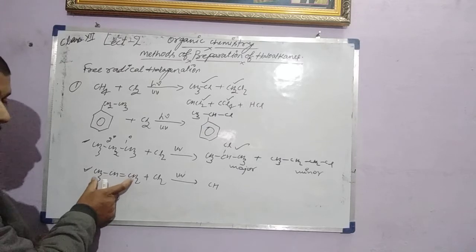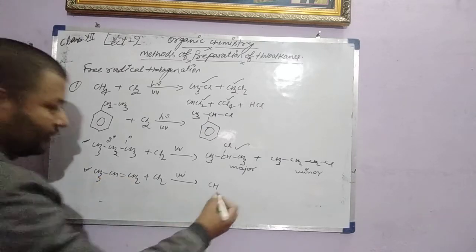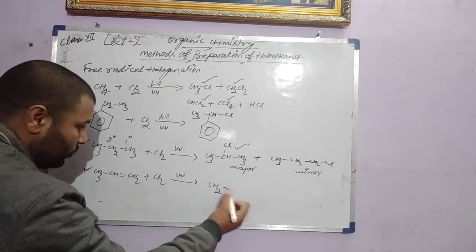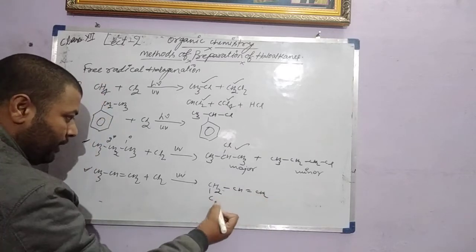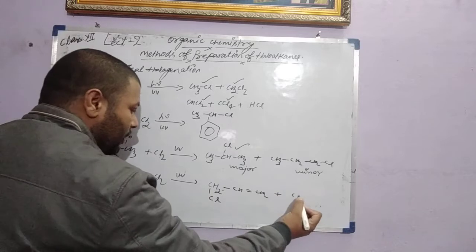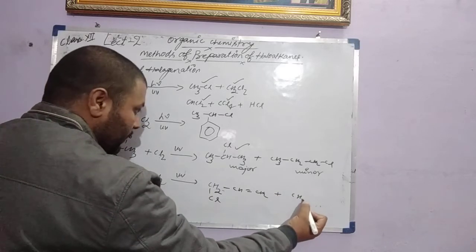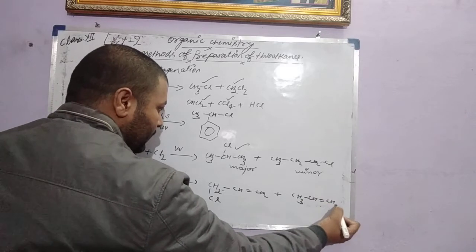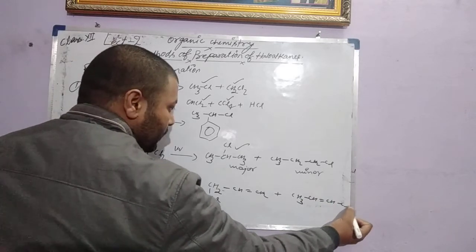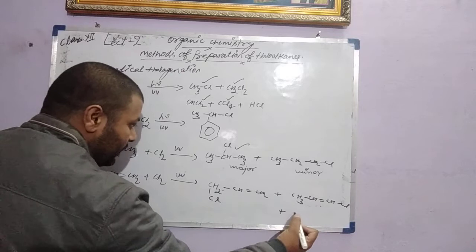These both are called primary and this is called secondary. So CH2=CH-CH2Cl, where one chlorine is attached here, or CH3-CH=CHCl,